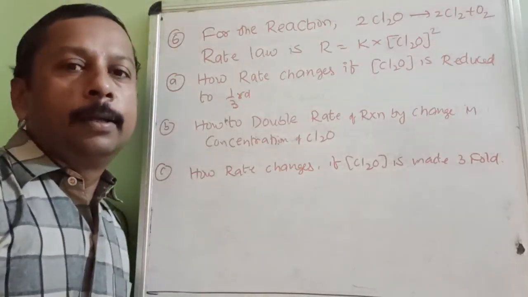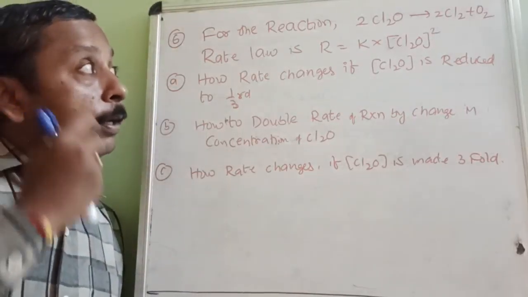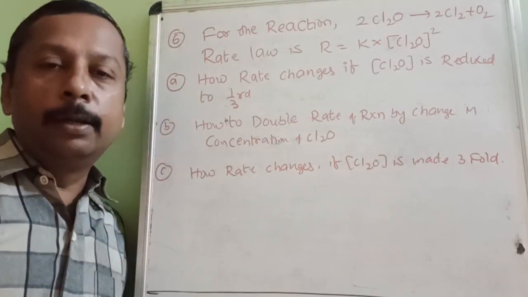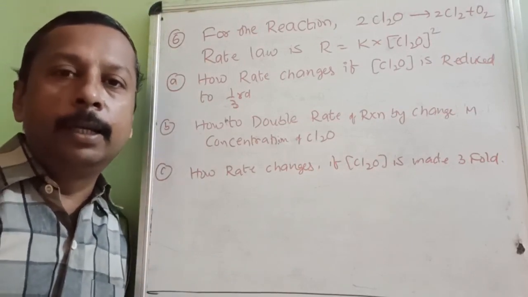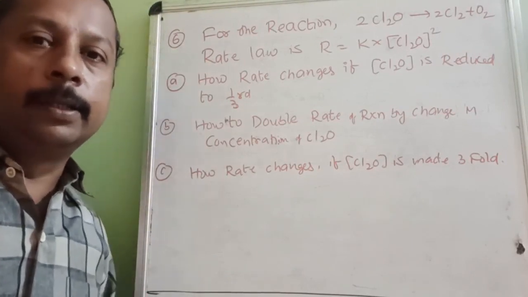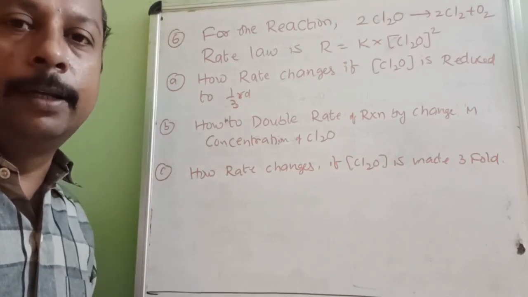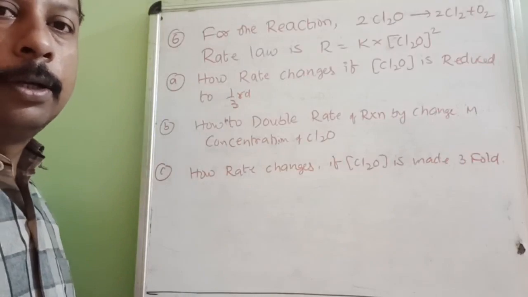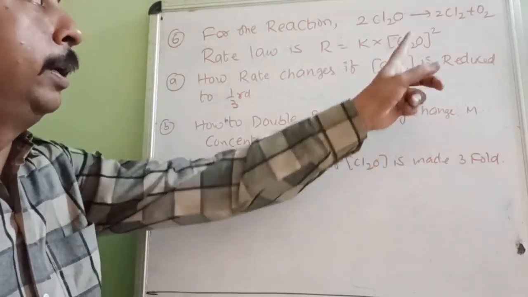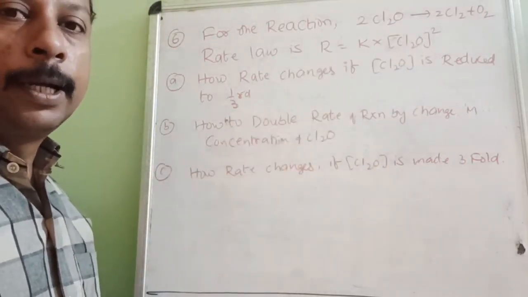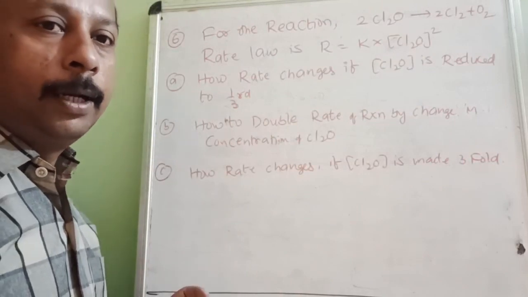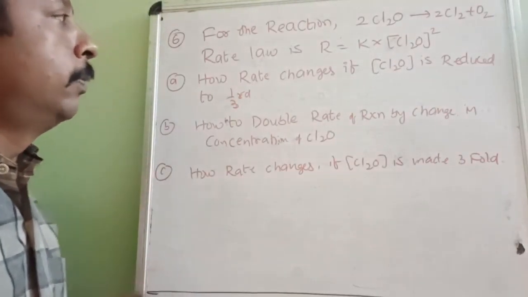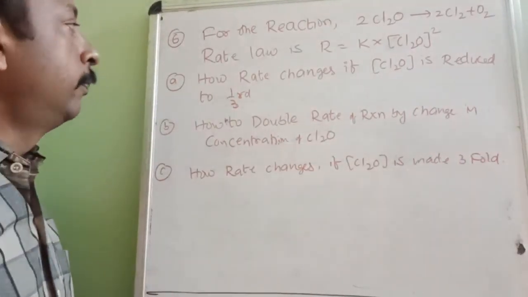Okay, here is another model of question where you are given with already rate law. Till now you have been deriving the rate law from the experimental result. This question is entirely different. The experiment also carried out, results are also not given, but directly answer is given. But after that some changes are being made. So what will be the changes? What will be the consequences you have to find out.